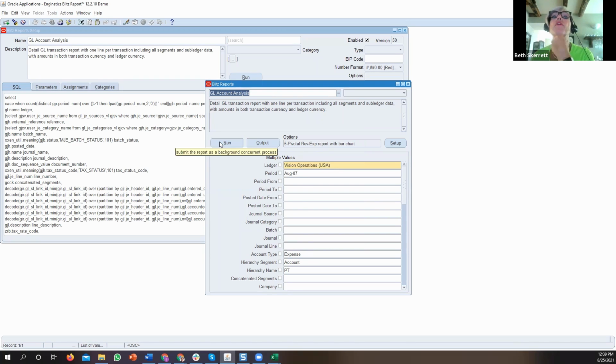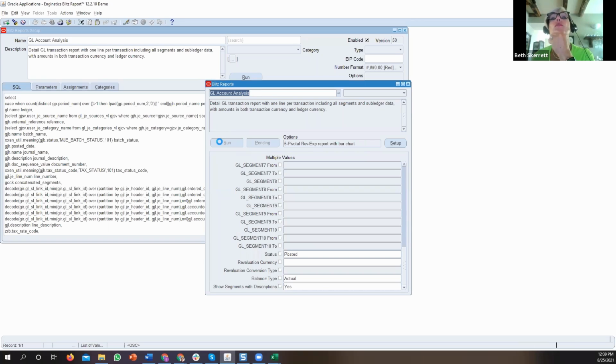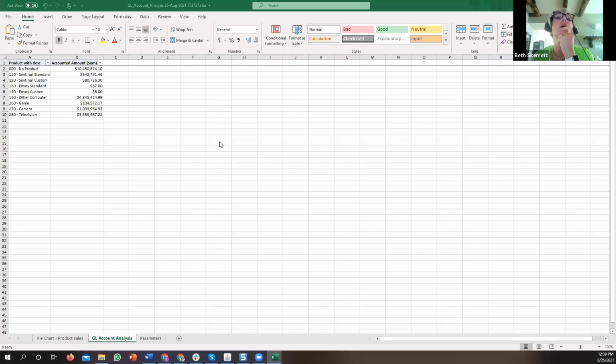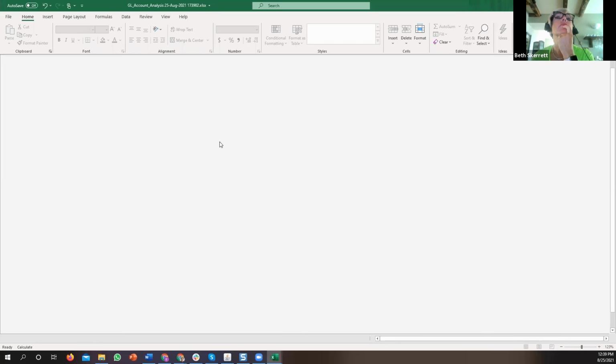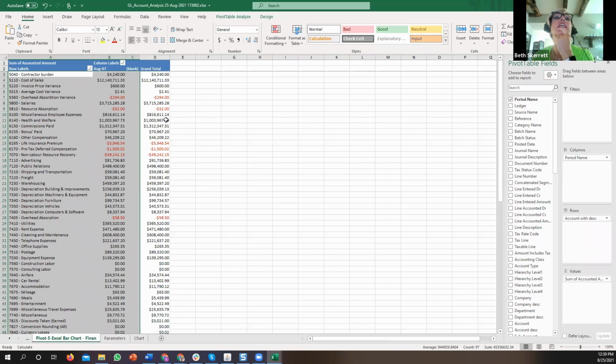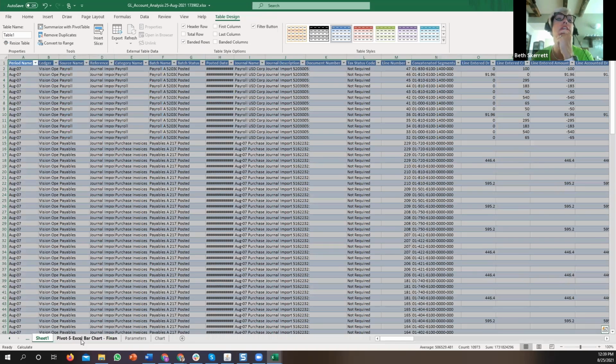Yeah, expense is fine. So we're running this for 1 month, exactly the same thing we just ran for our pie chart. And you'll see that it's got a little more data this time, so it may take a second or two longer. It's the old one. Here's our new one. So we've got a pie chart showing all of these expenses. If we look at the data, here's the data it's based on. And again, this is actually a pivot table, so I could drill down and see the details of these, go back to my